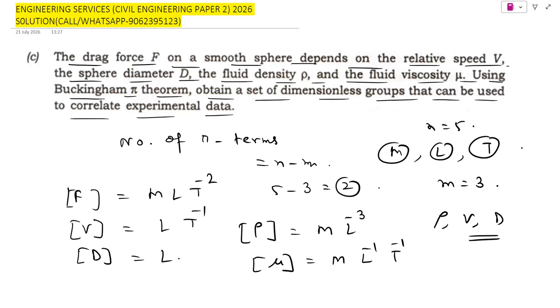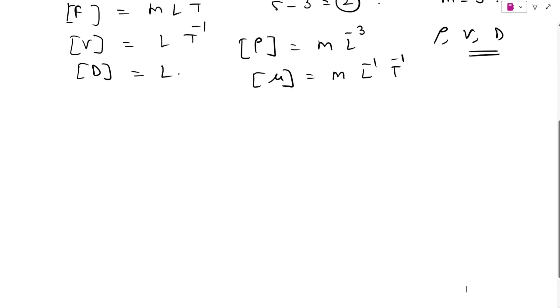Okay. Now, choosing repeating variables is like choosing the right ingredients for a recipe, you can say. If even one ingredient is missing, now the entire recipe fails. So similarly, if one fundamental dimension is missing, the Buckingham pi theorem cannot proceed correctly. Now, combine the dependent variable with repeating variables. Let pi 1 be F, rho to the power a, V to the power b, D to the power c. And after equating the dimensions and solving for the exponents, we obtain